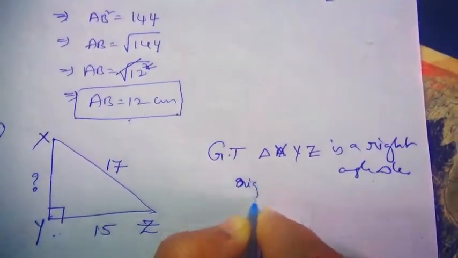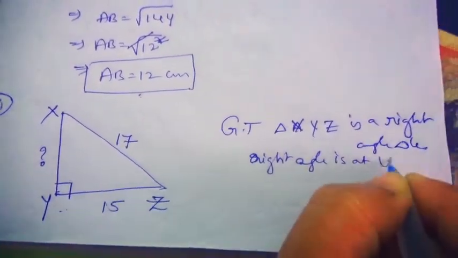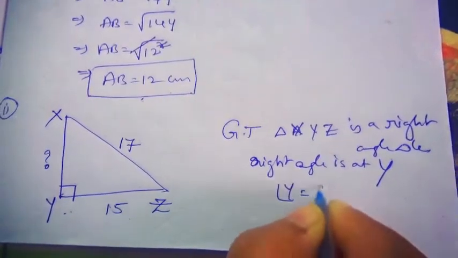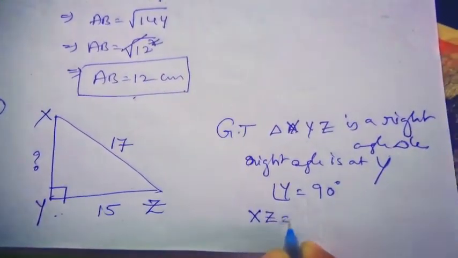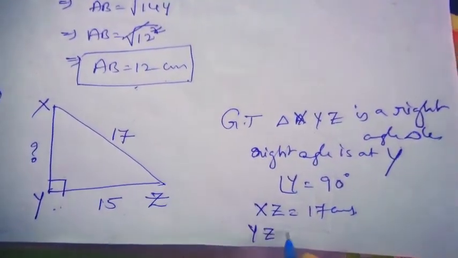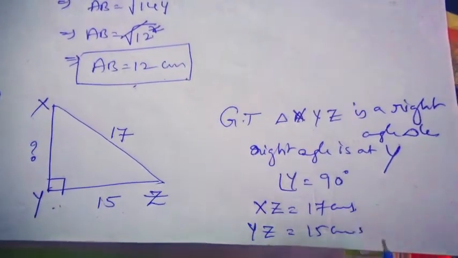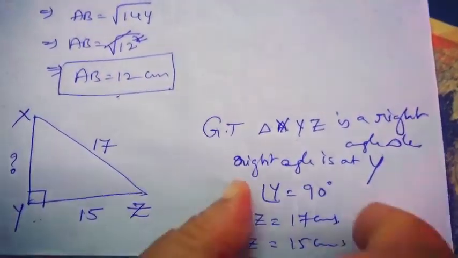Right angle is at Y. That is angle Y is equal to 90 degrees and XZ is equal to 17 centimeters. YZ is equal to 15 centimeters and XY we have to find out. So here it is a right angle triangle, hence by Pythagoras,